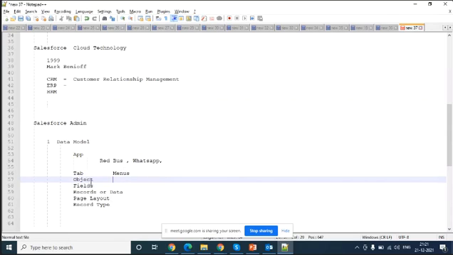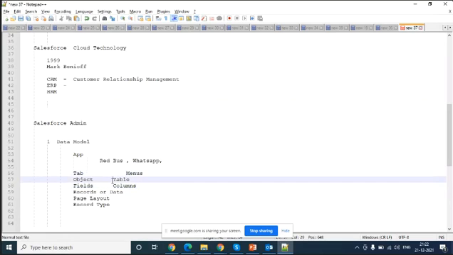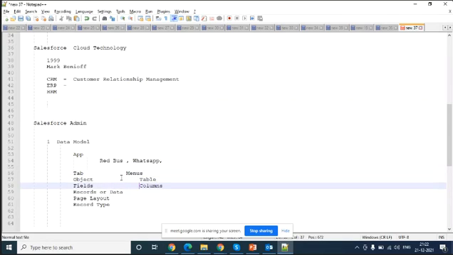Just consider everything as Excel. Then you can say an object is nothing but a table. Fields are nothing but columns. Records are nothing but rows. In Salesforce terms, records are nothing but rows.